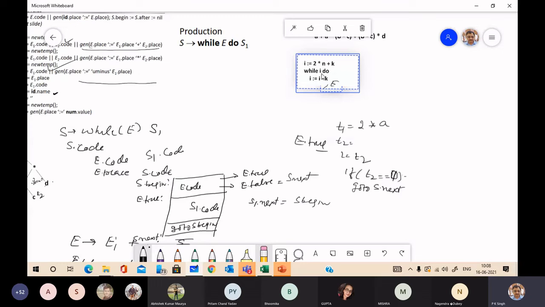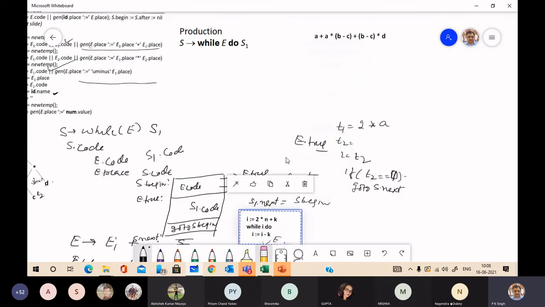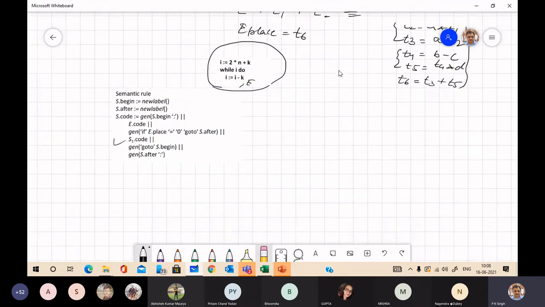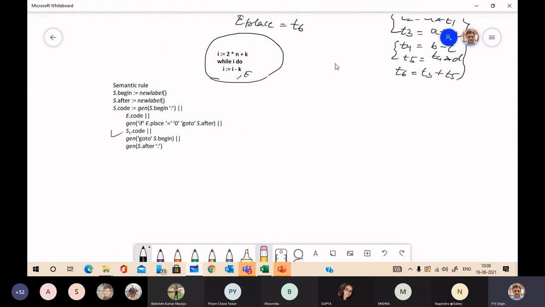We have generated code like this: T1 equal to 2 into n, T2 equal to T1 plus k, and I equal to T2.